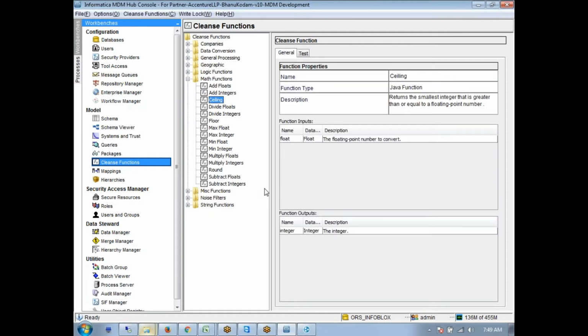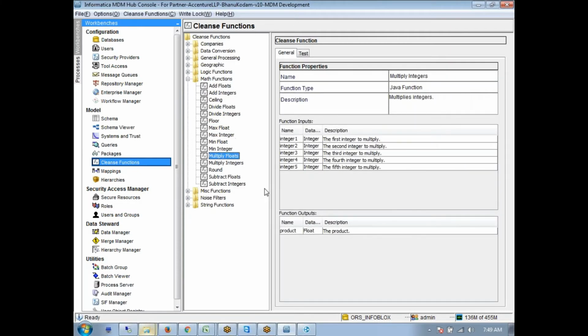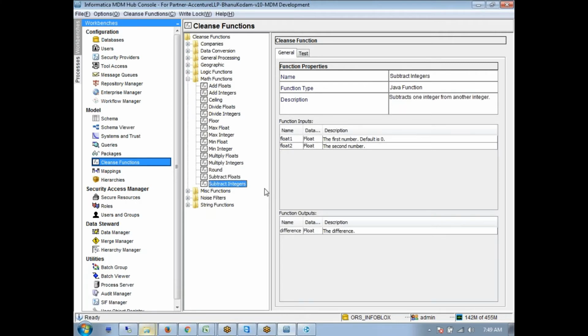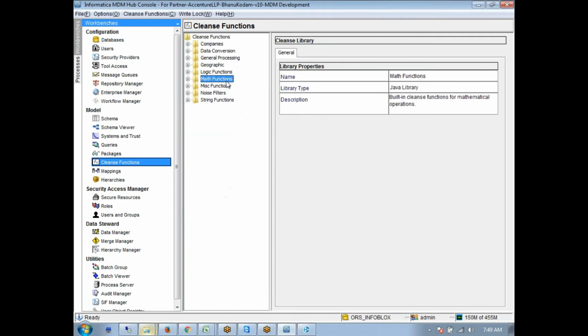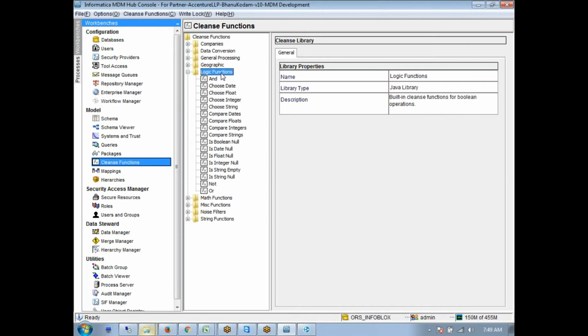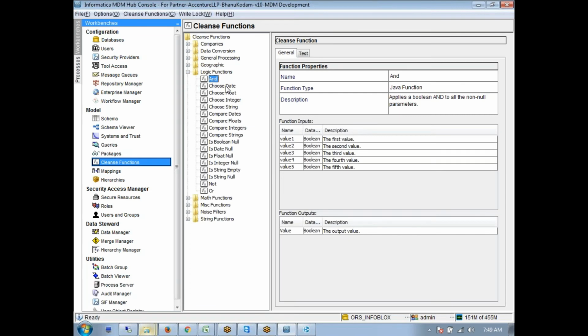Okay, as per my knowledge, most of you won't be using any of this except maybe subtract integer sometimes, or subtract floats. Round might be useful sometimes, and multiply integers, these are all not necessary. Okay, coming to logic functions, these are all very useful. The first one is AND, then choose date, many different things you can see are there. Okay, AND is AND, so you can understand AND means this and this, then only the